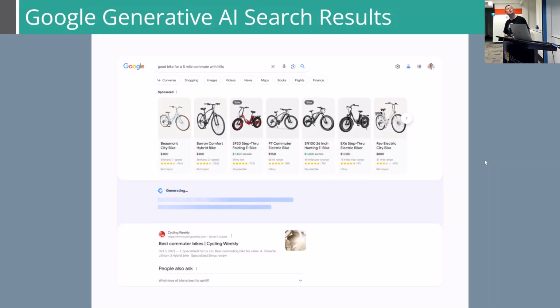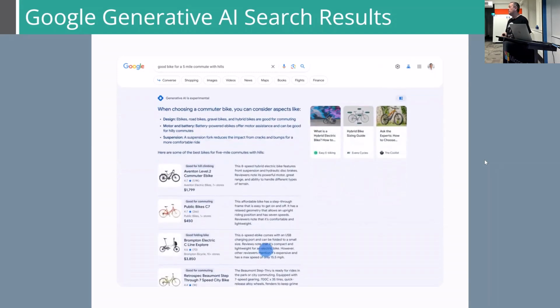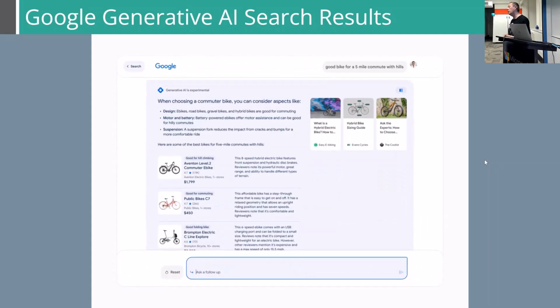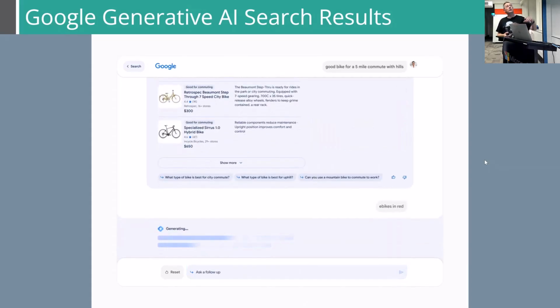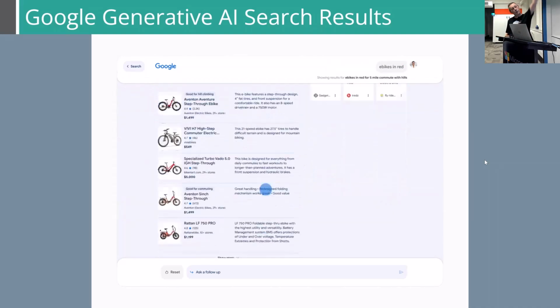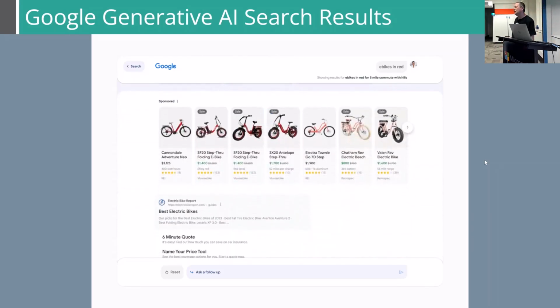Have you heard of Google Generative AI search results? This is something new. It's being pushed out in the US right now. And this is going to come to a web browser some point this year here in Australia. So what's happening is when you type something in, Google is now going to generate all these results in AI, and it's going to take up the whole web browser. Can you see any organic links? No, that's all gone. It's all generated stuff.